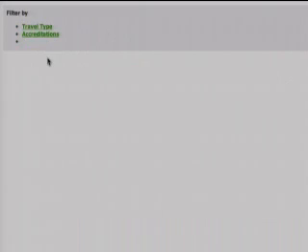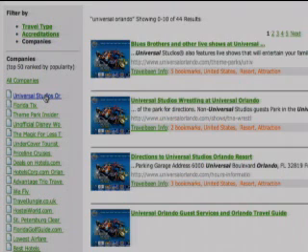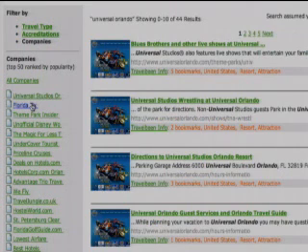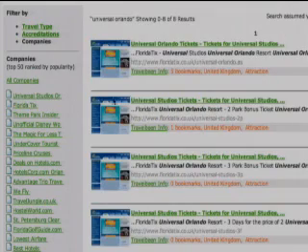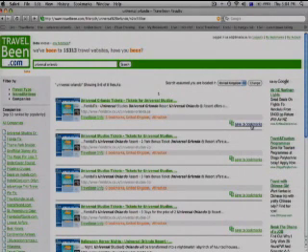We also have other filtering capabilities on companies, which shows the top companies by popularity on that keyword. So you can click on, say, Universal Studios, which is the most popular, and you can see all the pages that relate to that, or Florida Ticks that relate to that keyword search.